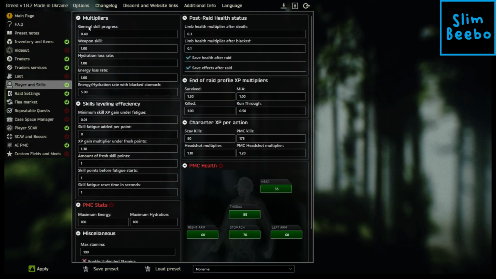Player skills. The only thing here that I'm really changing is the skill fatigue added per point. So I put it on 0 because I don't like skill fatigue. It's the idea that you can only gain so many points before it starts to slow down. I probably don't have this set up completely correctly because the way this mod explains skill fatigue, I'm not going to lie, I'm a big dum-dum. I don't completely understand all of it, but for now I'm just going to set the fatigue added per skill point to 0,